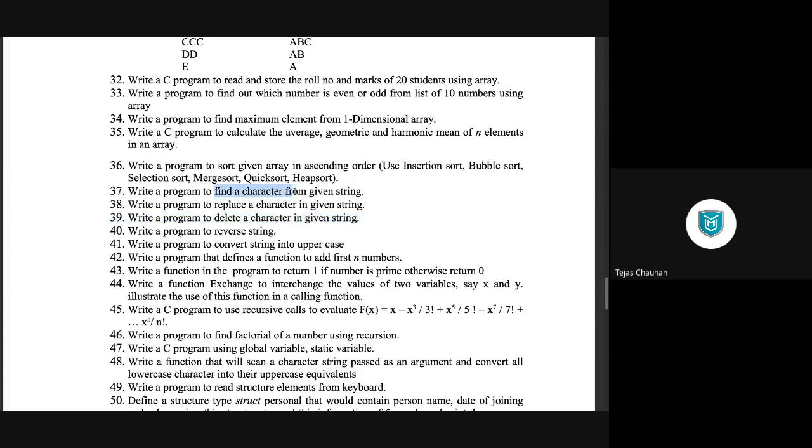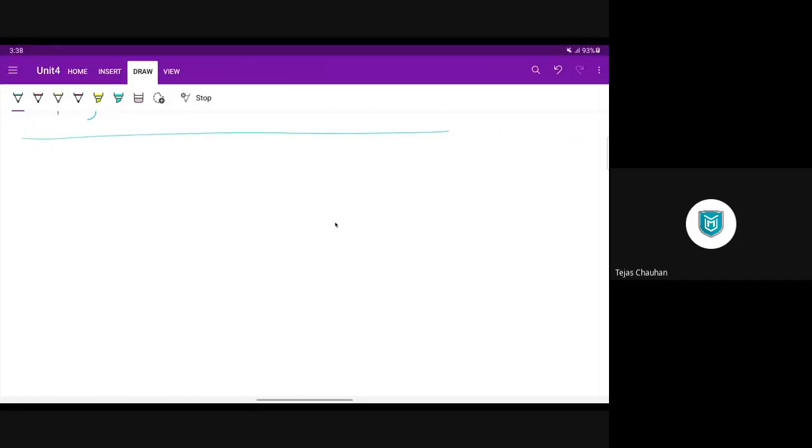So if you can find it, you can replace it or you can delete it. But when you go for the deleting process, you need to think somewhat extra, right? So let me show you this 39th program, how you can do it. But before we directly write code, we have to understand what happens when we perform this operation on a string. And to make you aware of that, let's go through one understanding part here.